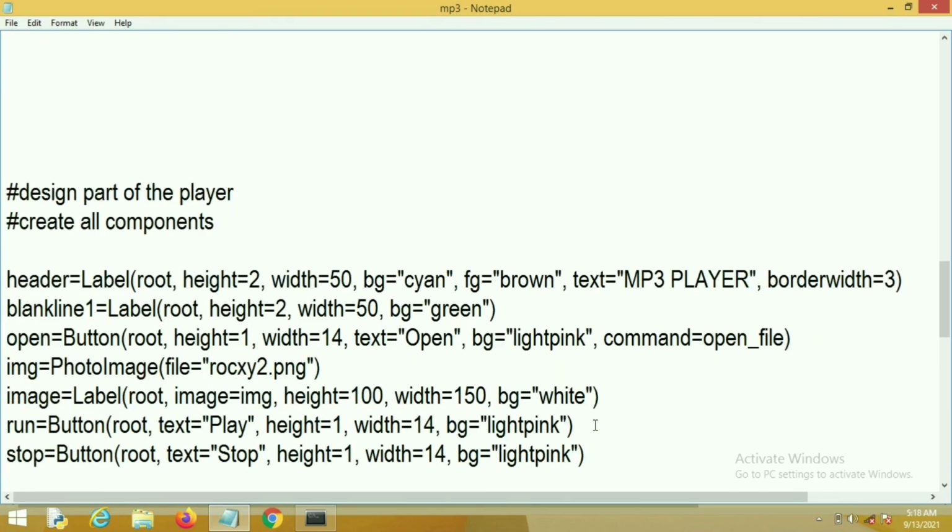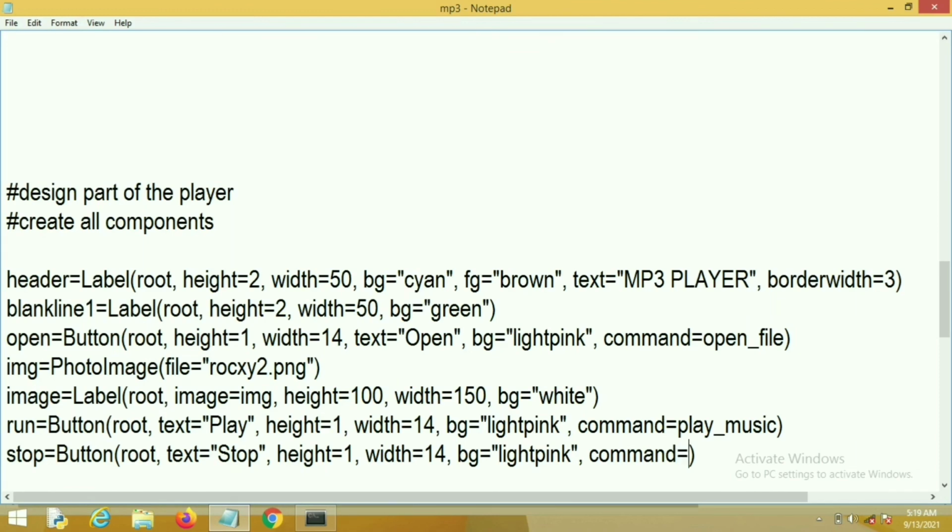Next one is the play button. So here we will add the play function with our play button. Its name is run. Command equal to play_music. We have already created the play music function.